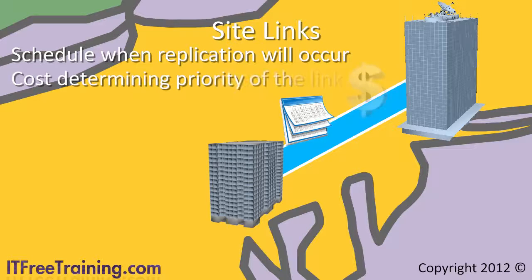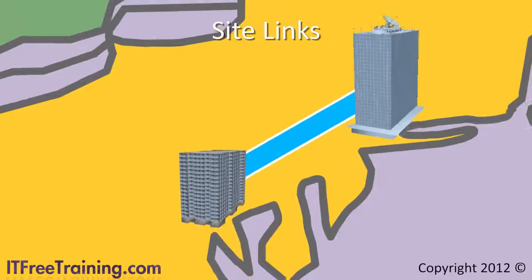The next setting allows a cost to be configured for that site link. The cost is a numerical value that is applied to a site link, telling Active Directory what priority these links should be used. To better understand how costs work, let's now consider what happens when the London office is added